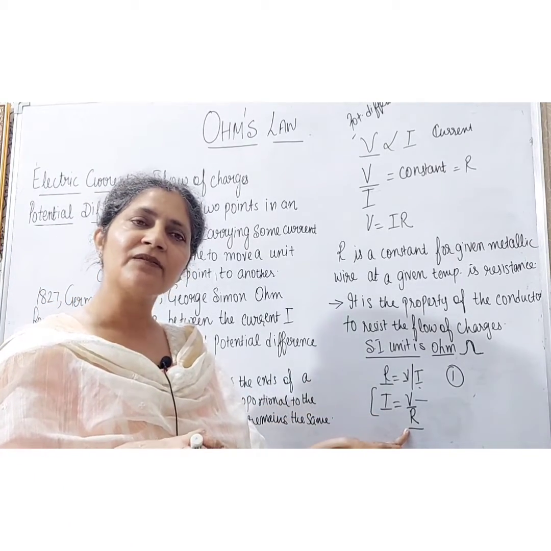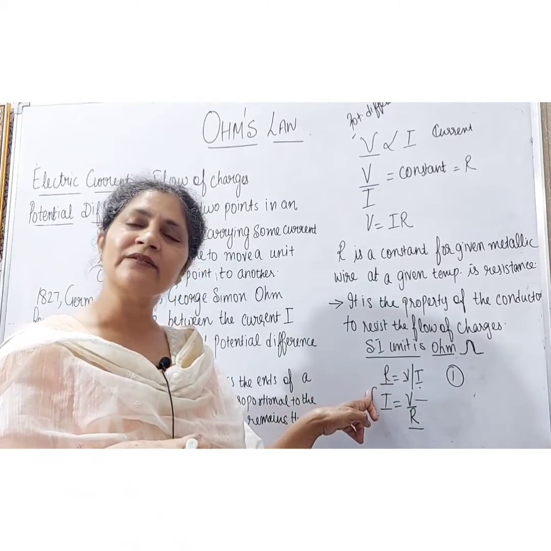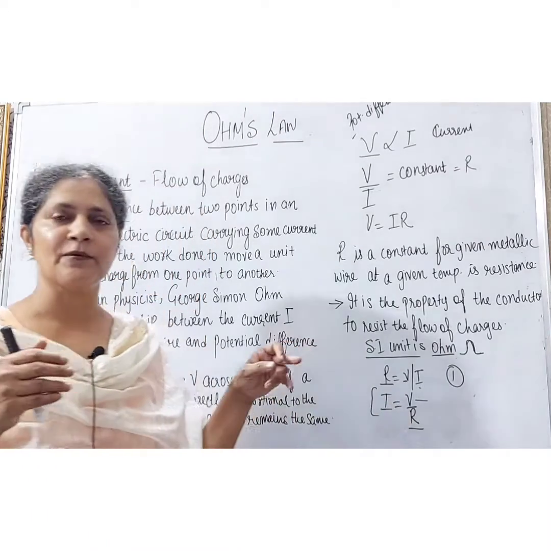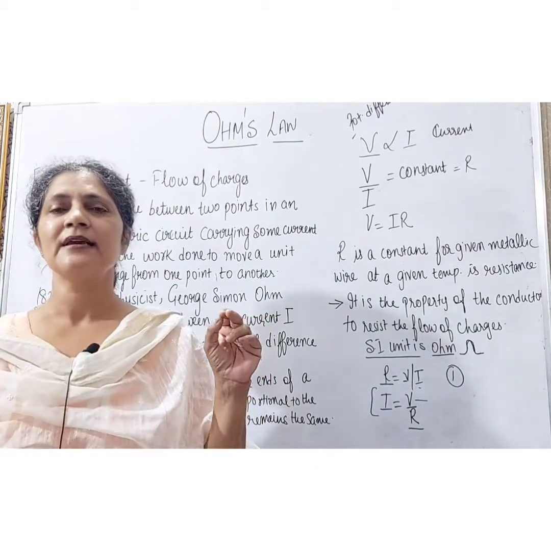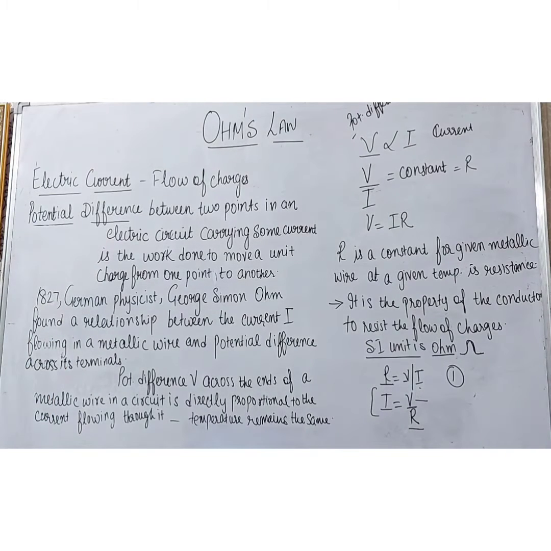What does it mean? If the resistance is halved, then the electric current will be more, double, right? Because it is inversely proportional to resistance, it is opposite to the resistance, and it is directly proportional to the potential difference, right students? It means if the potential difference across the ends of the conductor is doubled, then the current flowing through it also gets doubled. If the potential difference is halved, the electric current is also halved.